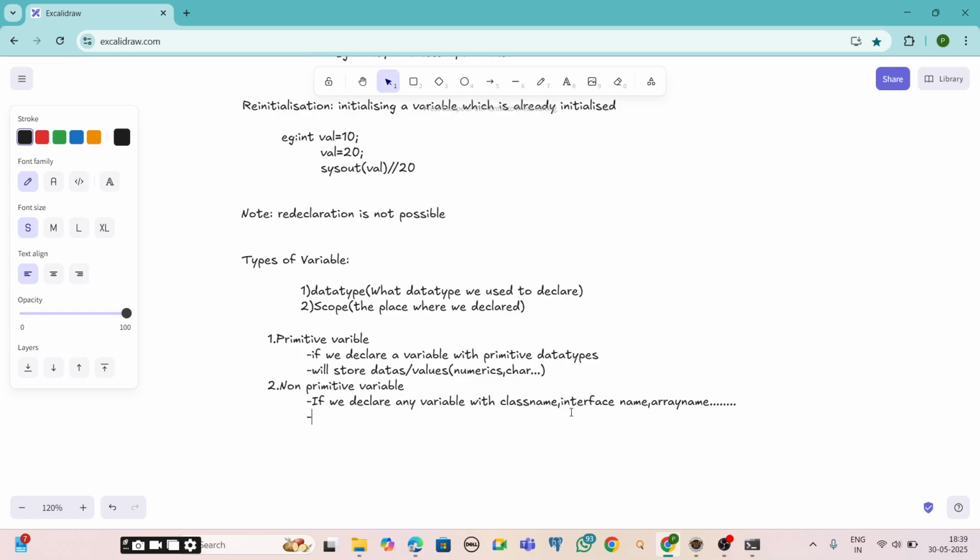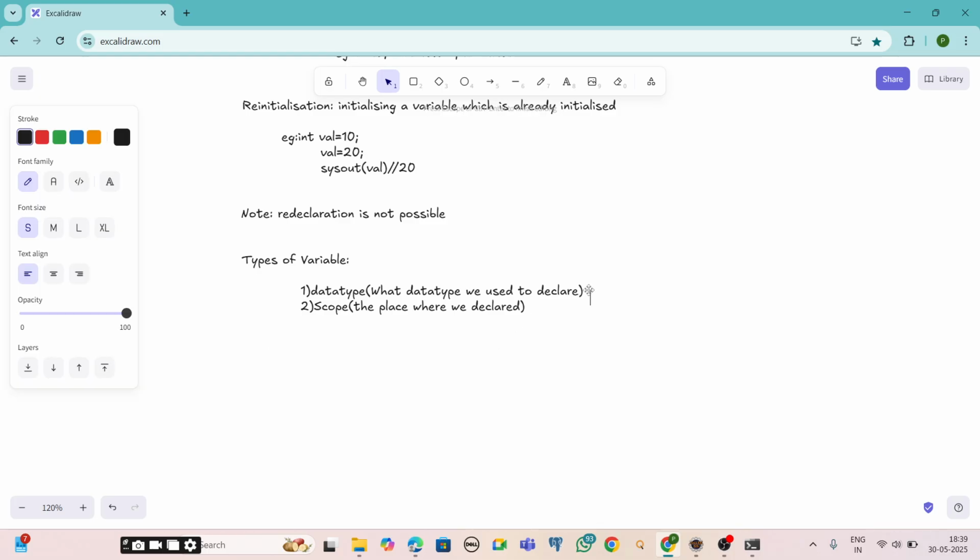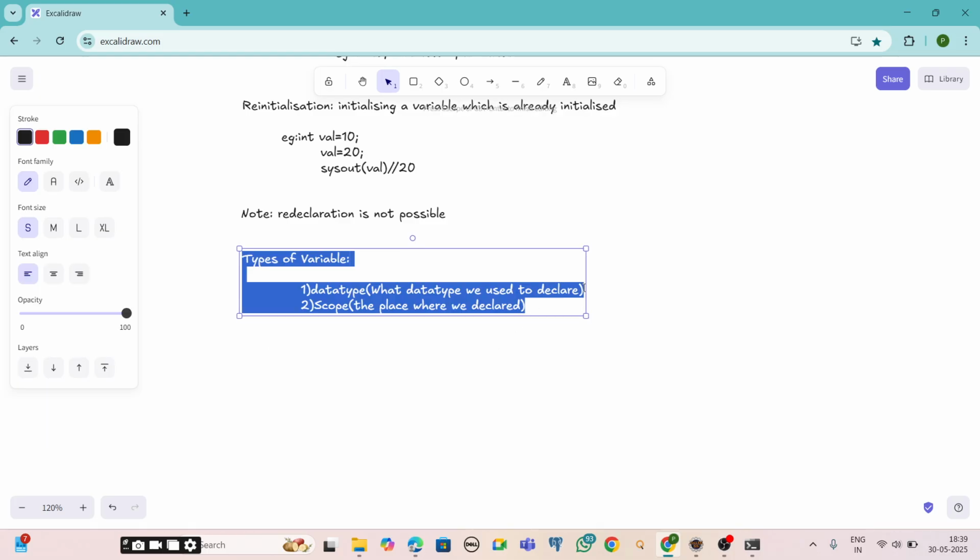What do these non-primitive variables store? They store the address of the object. These non-primitive variables are also called reference variables. I hope it is clear for everyone: what is a primitive variable and a non-primitive variable. So let me write under this.